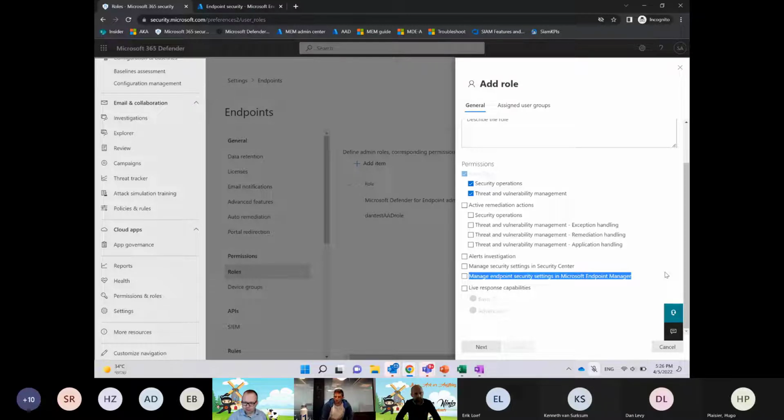Now, regarding your question, Ronny, everything that I'm presenting here within a few months is going to be available not only for Windows servers and Windows 10, Windows 11 devices, but also for Linux servers and for macOS. In our pipeline, we're starting with Linux, and all the distros of Linux that currently are supported by MDE will have this feature enabled. What this means is that we've partnered basically with our colleagues on the AAD side and